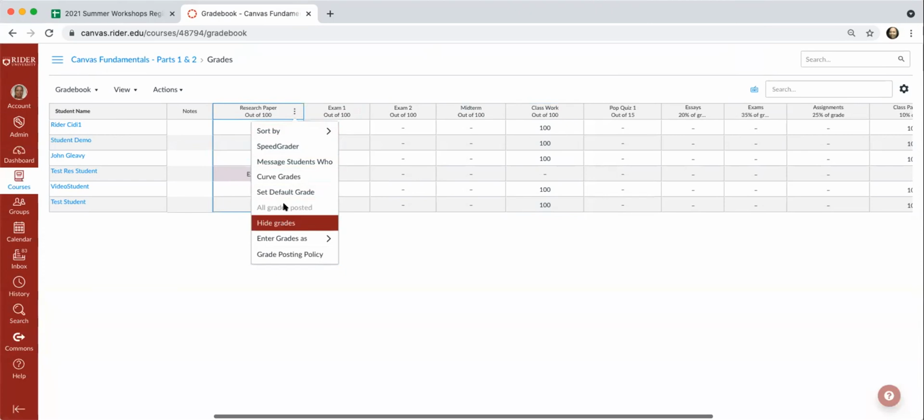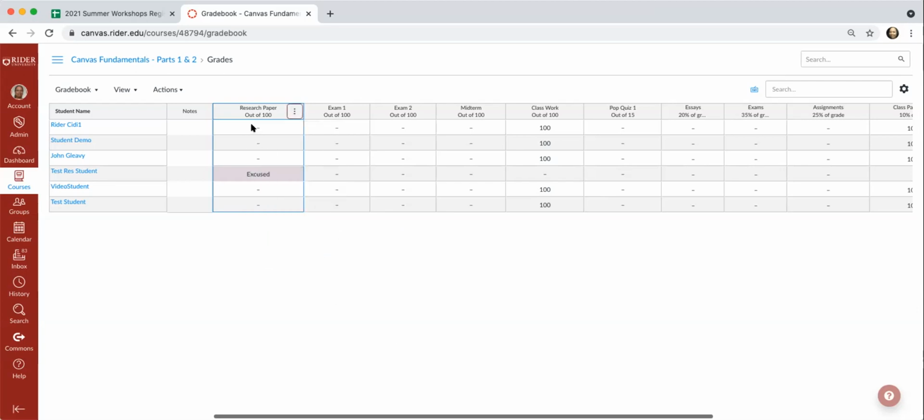So the next couple of options are based on a feature we haven't talked about yet. You can post grades or you can hide grades. We'll talk about that in a second. You can also choose whether, as you're entering scores, you are entering them by point value or as a percentage. So if I say points, I can actually just click in here